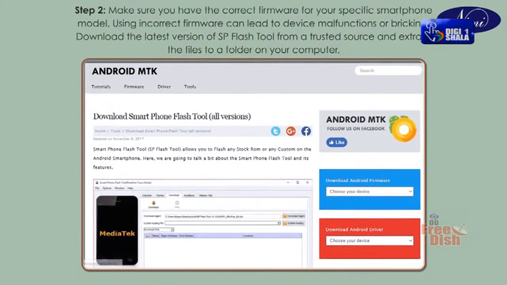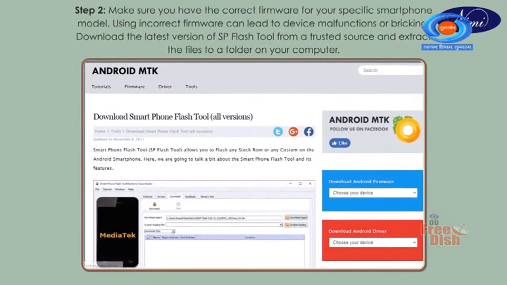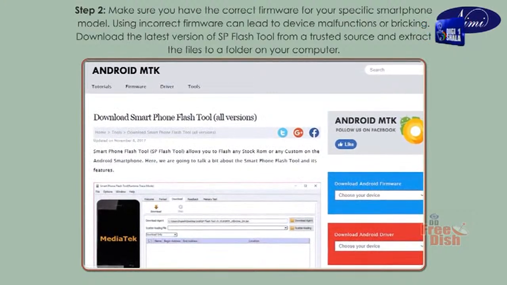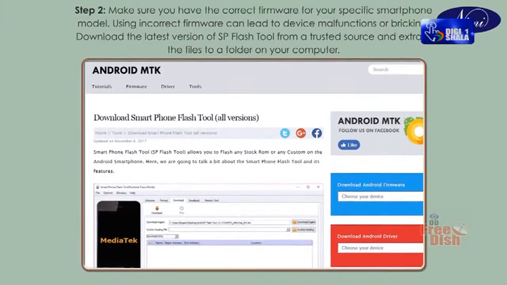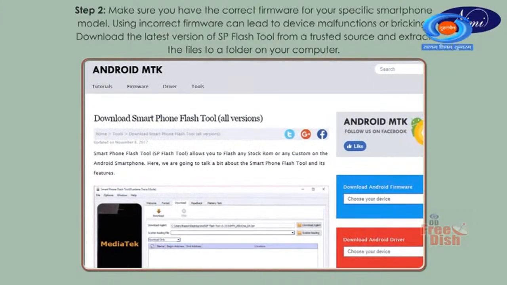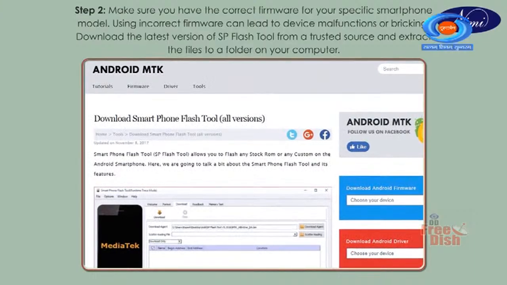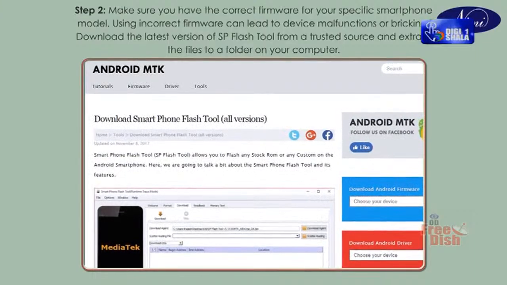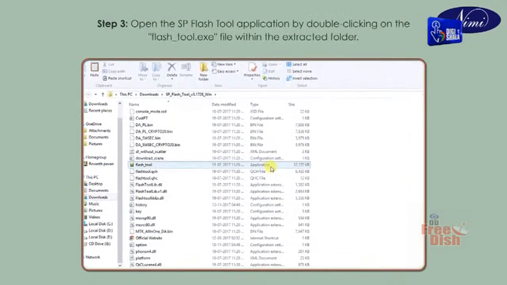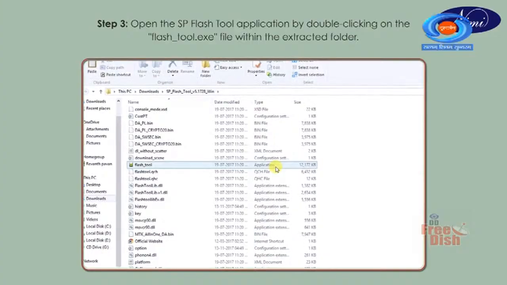Step 2. Make sure you have the correct firmware for your specific smartphone model. Using incorrect firmware can lead to device malfunctions or bricking. Download the latest version of SP Flash tool from a trusted source and extract the files to a folder on your computer. Step 3. Open the SP Flash tool application by double-clicking on the